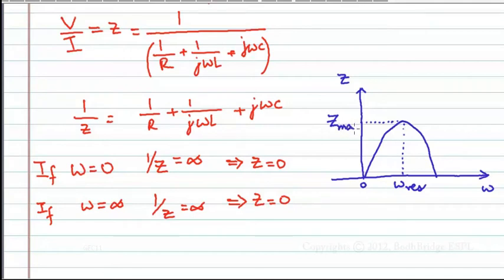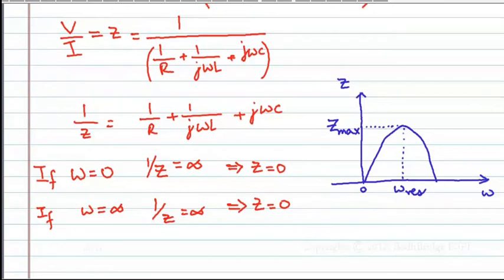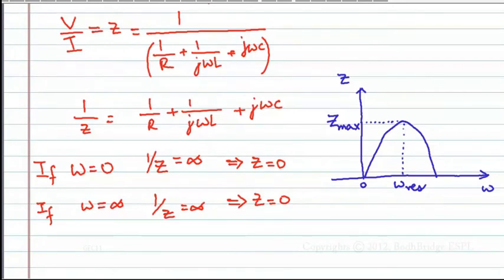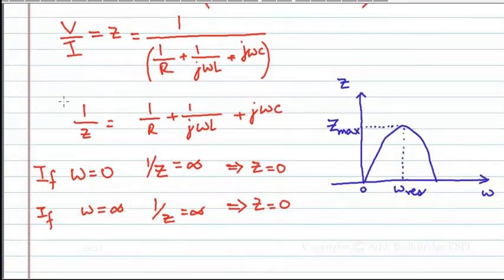You will get a maximum value. Okay, this is our conclusion. The maximum value occurs at the resonant frequency. Just remember it as a statement. We need not derive it at this point. You should just remember this one.